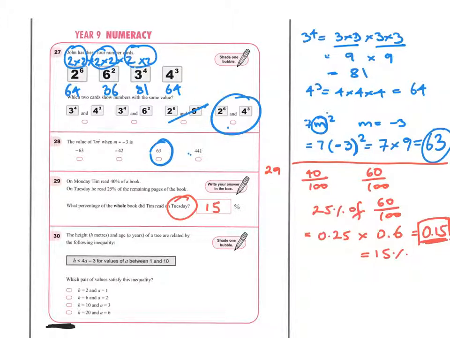So the next one: the height, h meters, and age, a years, of a tree are related by the following inequality. h is less than 4a take away 3, for values of a between 1 and 10. So now, which pair of values satisfies the inequality? It's pretty much substituting the values and seeing if it satisfies the inequality or not. So h is 2, so 2 is less than 4 times a, where a is 1,